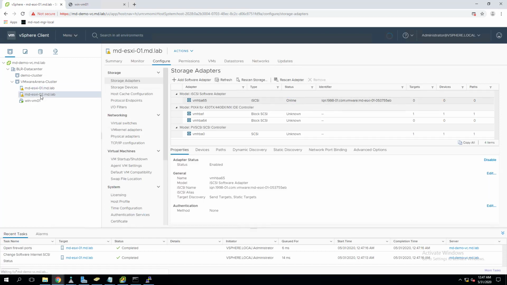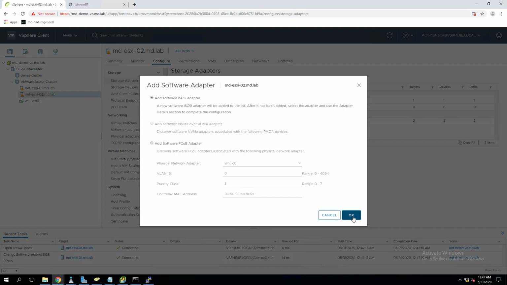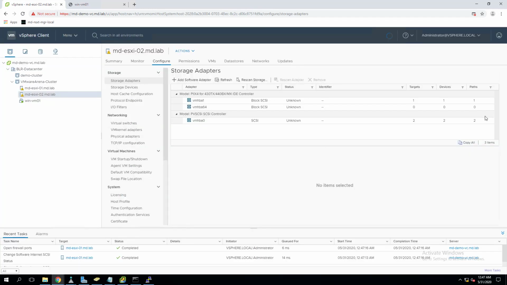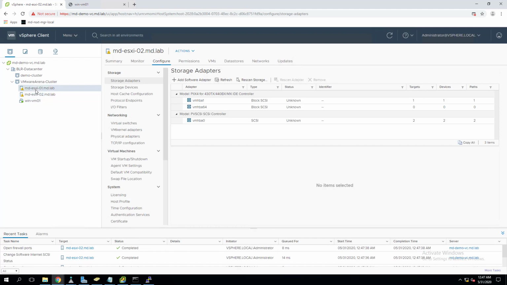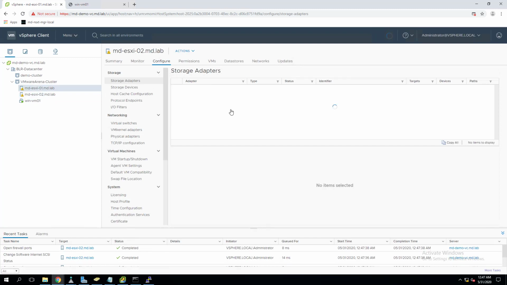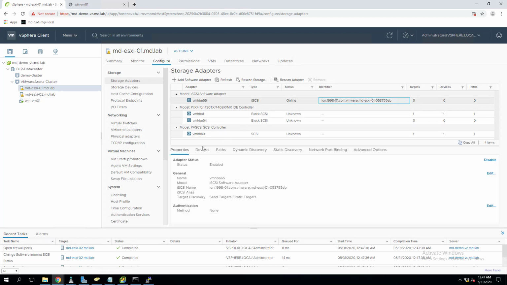It shows type as iSCSI, and it will have its own IQN number as well. Okay, so go to the second host and repeat the same. Add software adapter. Select add software iSCSI adapter. So it will also add the iSCSI adapter. So we have an iSCSI adapter for each of the ESXi hosts.